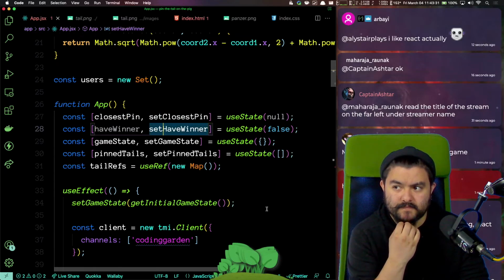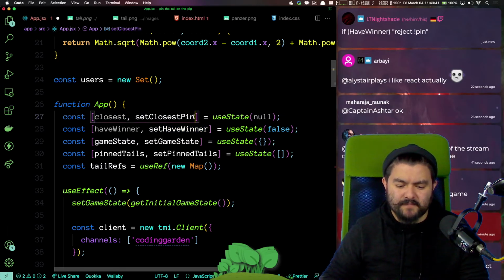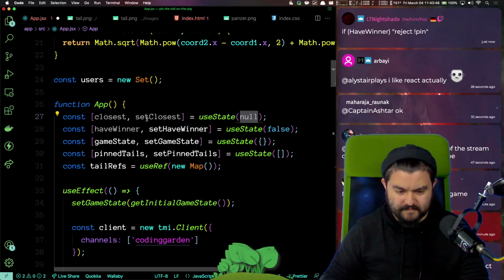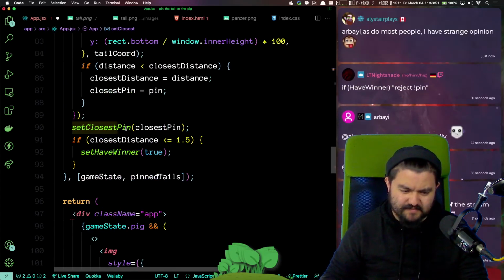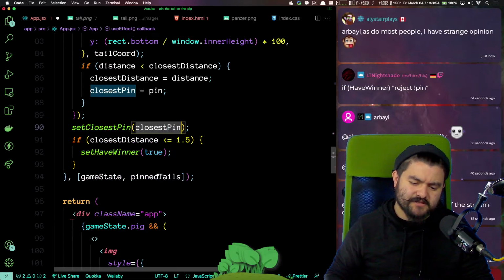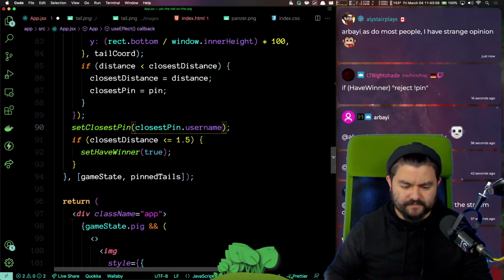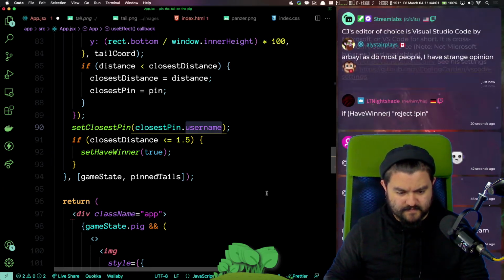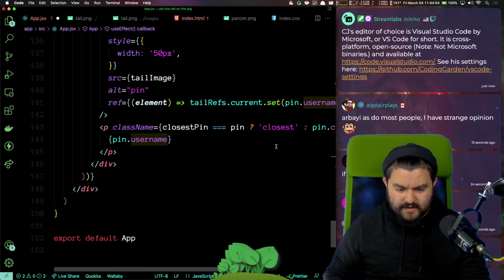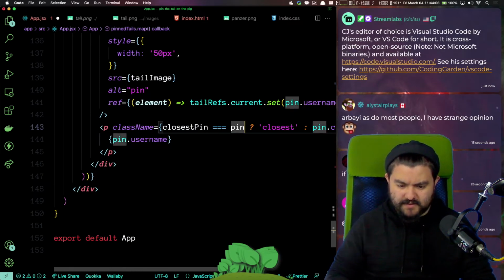We're just gonna make it a username, because I think the object references are getting messed up. So this is just going to be closest pin.username. So right here, if the closest pin is equal to pin.username,